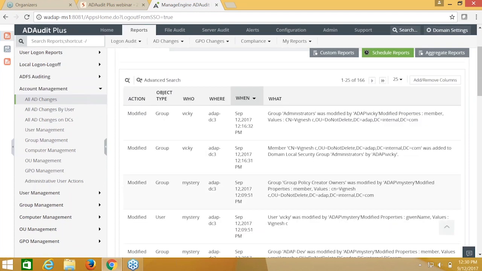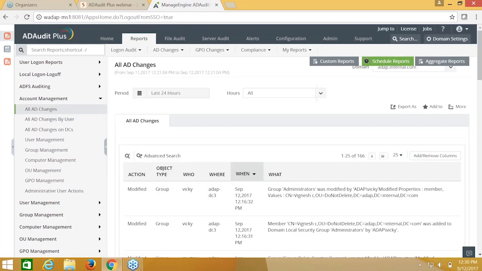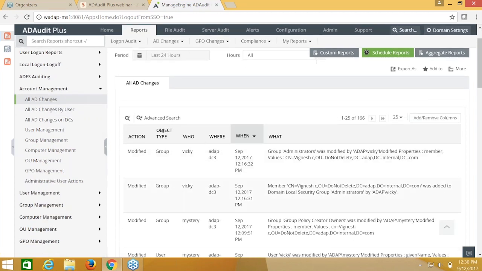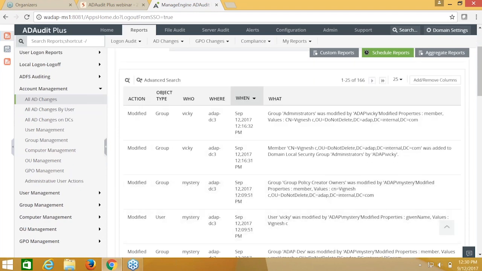And here, if you can relate to what we saw a few slides earlier on the 4 vital W's: who, where, when, and what, right? I'm showing this to you now because I want to show you how easy it is for you to access the information that you are looking for and easily pull it out from the tool, like just effortlessly get all the information. So I've chosen a report where I can track all the AD changes,